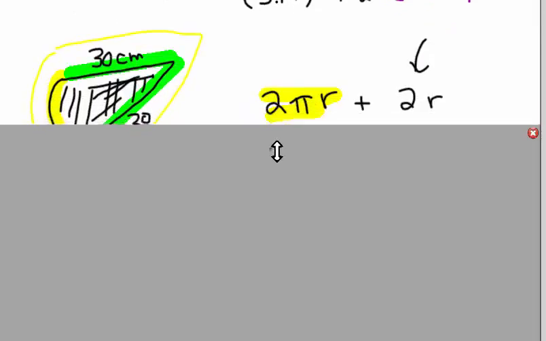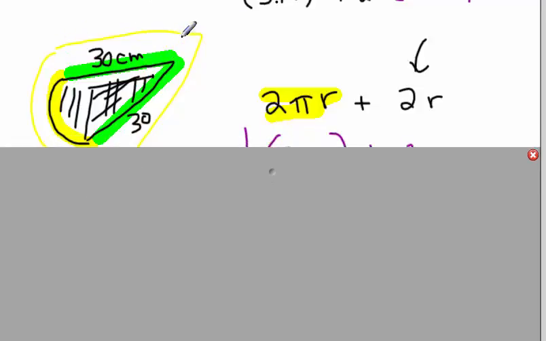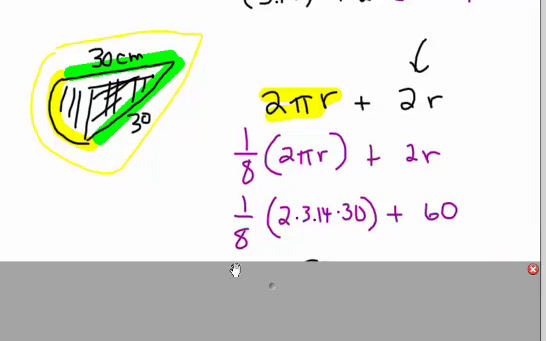Now we've got a pizza pie shape and we're still going all the way around it. But this time we've got the radius, so we use 2 pi r plus 2r because we have to deal with those 2 radiuses if we want to go all the way around this pizza pie. Maybe we want to make a plate that'll go around our pizza. And this is 1/8 of the circle, so we do 1/8 times the circumference to get that little yellow part right here, 2 pi r, and we plug in our radius of 30. 1/8 times 2 times 3.14 times 30 plus 60 is going to equal